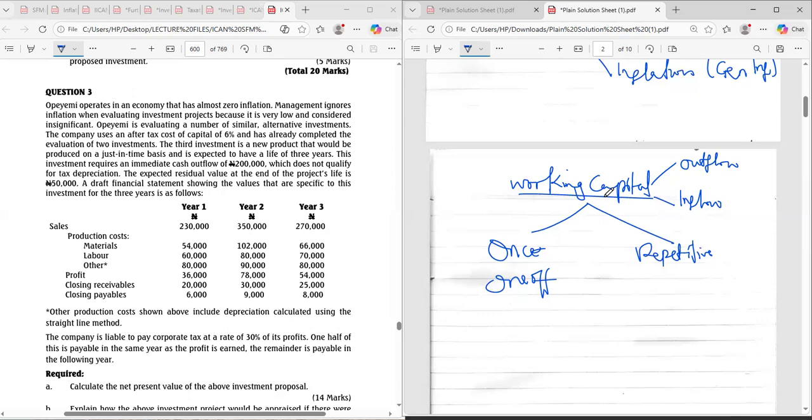I'll give you an example. If I give my business 100,000 naira in year 1, the assumption is that as at the end of year one, the business should give me back that 100,000 naira. And I'll tell you why the assumption is like that. The assumption is like that because working capital is seen as a loan by the company to the investment.